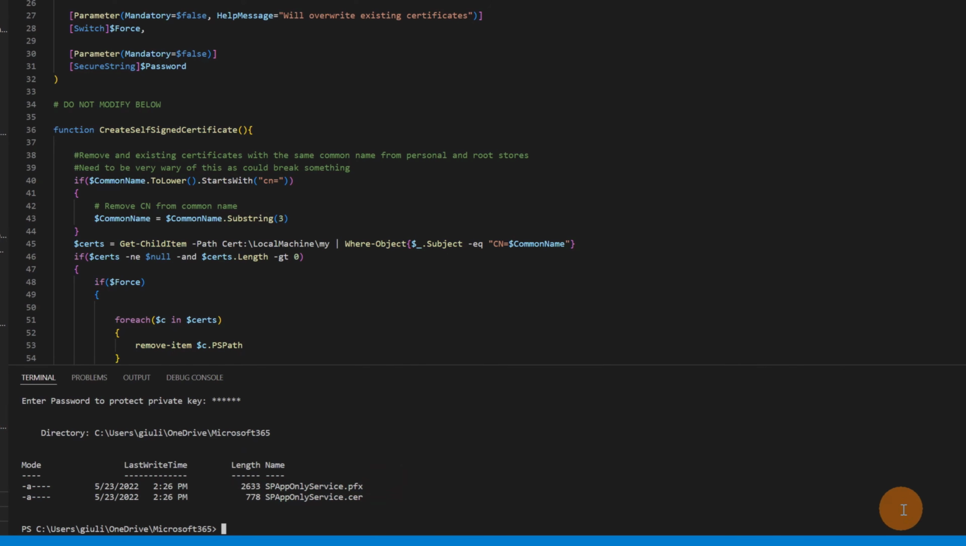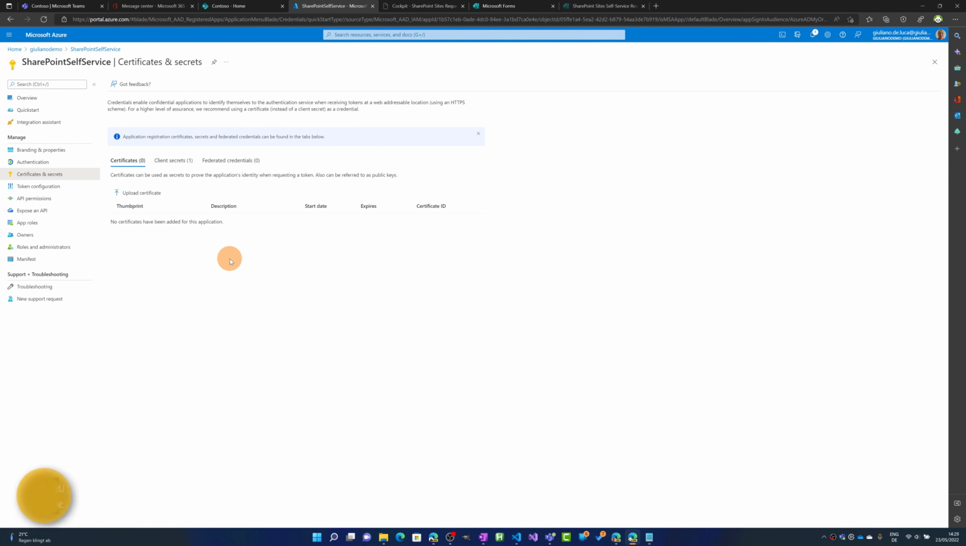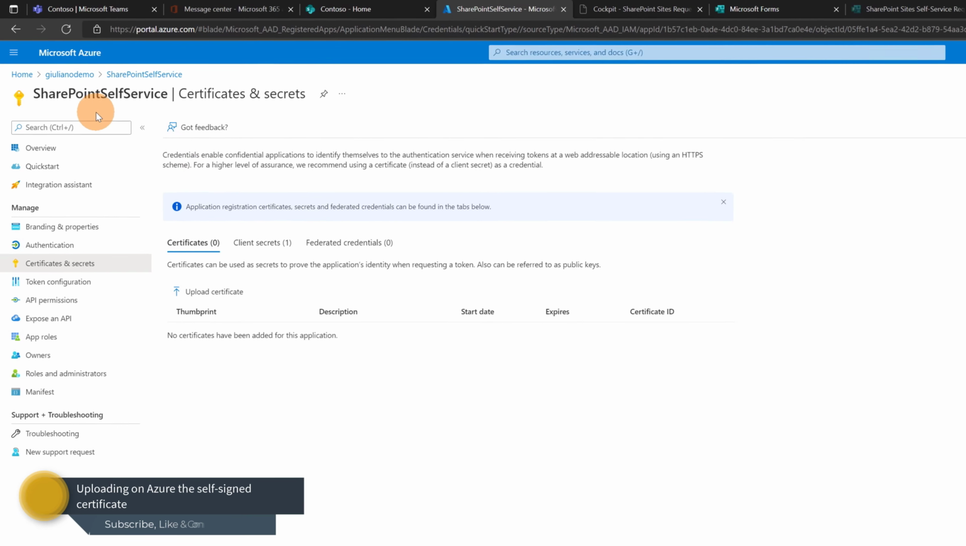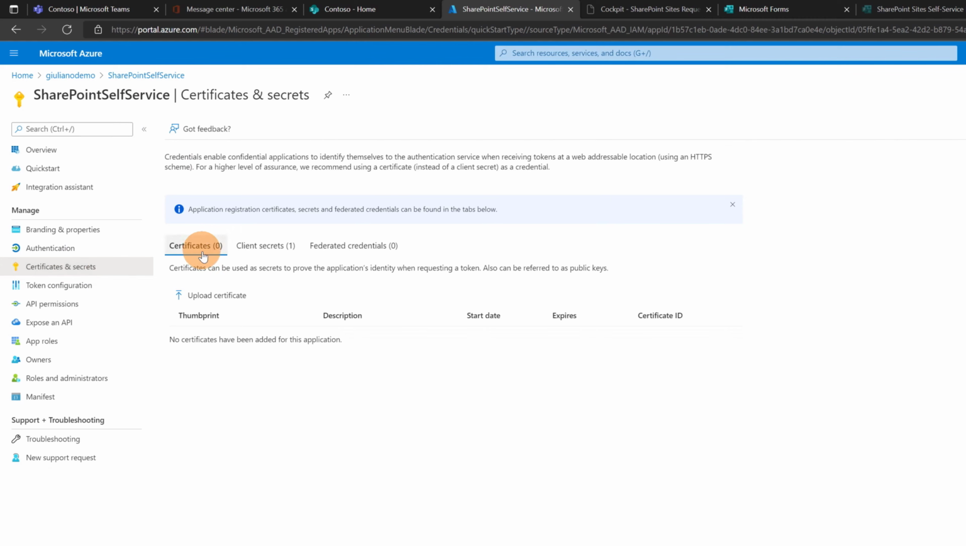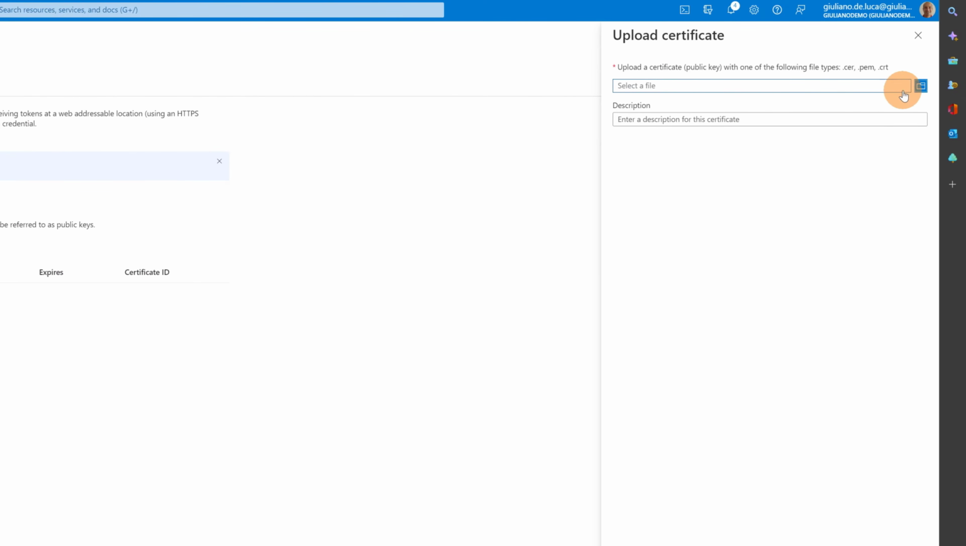Now I can copy and paste the password on my OneNote. I already added this. And finally, we can upload the certificate that we need in Azure. Let's do it. I am back on Azure.com, and this is my app principal SharePoint self-service. In the section Certificates and Secrets and in the tab Certificates, I'm going to click on Upload Certificate, and now